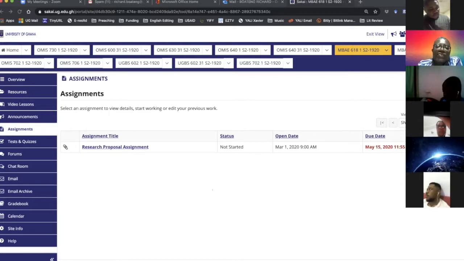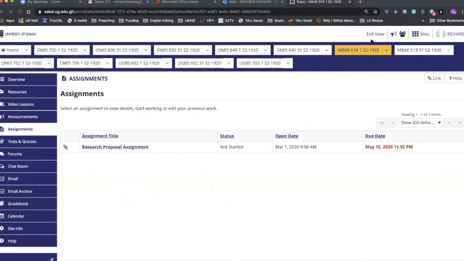Hence, it's advisable you gain the skill of doing research from this particular class, so that when the time is up and you are required to write a research proposal or the long essay itself, you have the capacity to do it. So my objective is to make sure that you can demonstrate competence in doing research on your own. That's more important to me than anything else, and that is what I'll try to help achieve through the sessions I'll be spending with you. I hope that will be fair with everybody.